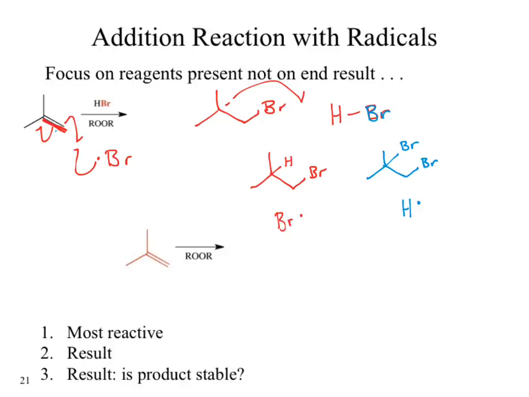Bromine radical. Which of these two products is more stable? The red, because the most reactive species in both of these is the radical. We can compare the radicals. The bromine radical is more stable than the hydrogen radical. Red product wins. Okay? So at the end of this whole big long reaction,